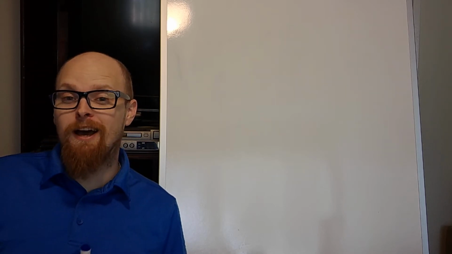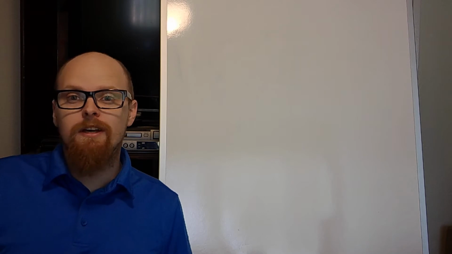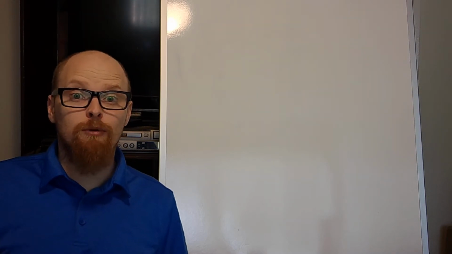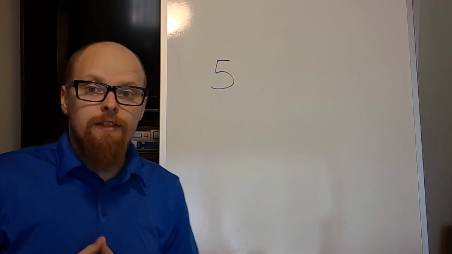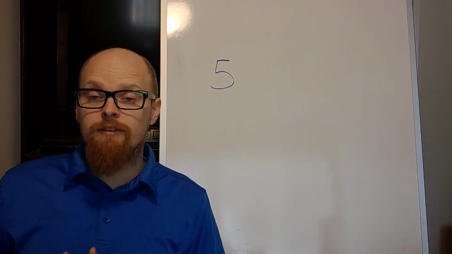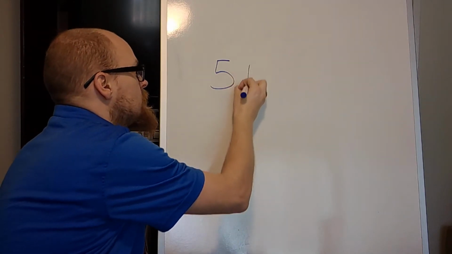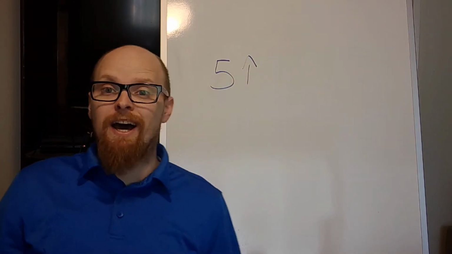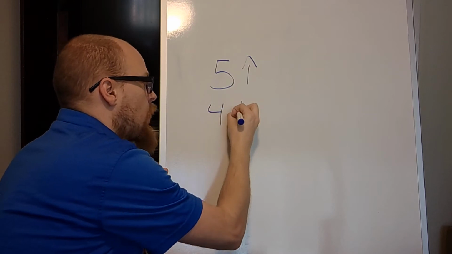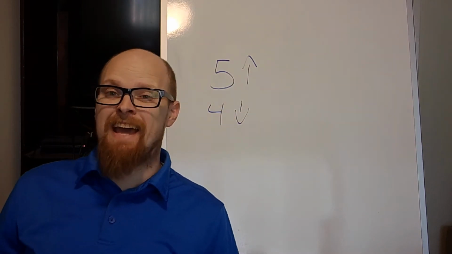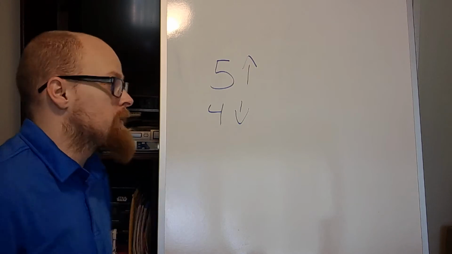So let's talk rounding. Rounding is either something you're familiar with or you're not. Most of you have heard it at some point, but the question now is, do you remember it? Okay. Our rounding rules. If the number that's next to it is 5 or higher, we round up. If it is 4 or lower, we round down. An example of this: